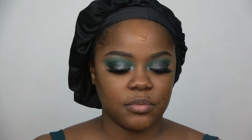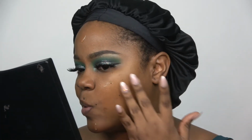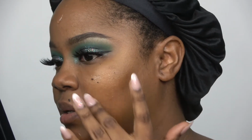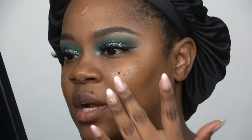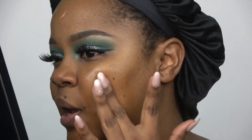I'm not a fan of the smell. I'm trying to get a lot of the little balls, but I didn't get that many. Are the balls gonna blend out? Do y'all see the balls? Let me zoom in. Can y'all see the balls? Are they supposed to burst? Because it's not doing that. What do they do? Okay, there it is. It's kind of